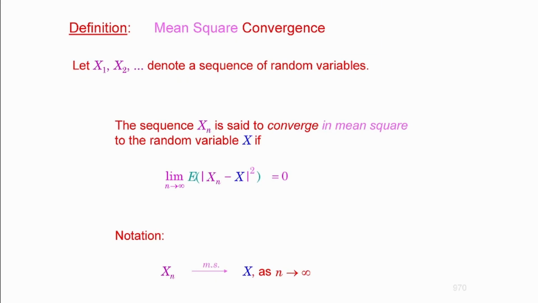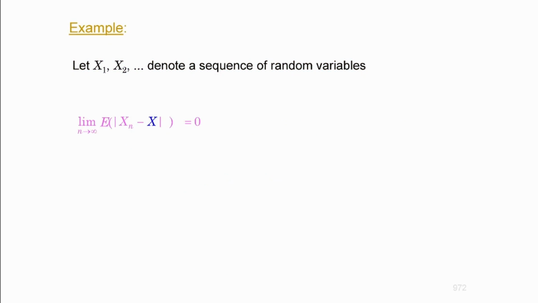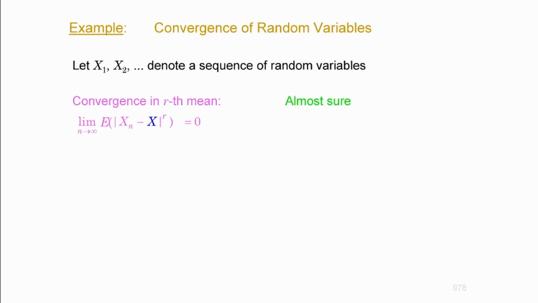Anyway, I'm going to summarize this. If you lose track, which is understandable, I'm going to summarize what these things were. Here you saw convergence in rth mean, which means that the expected rth power of the distance of the member to its limit is going to converge to 0. That's convergence in mean, or in particular, convergence in rth mean. So this is the list. There is almost sure convergence. What does that mean?